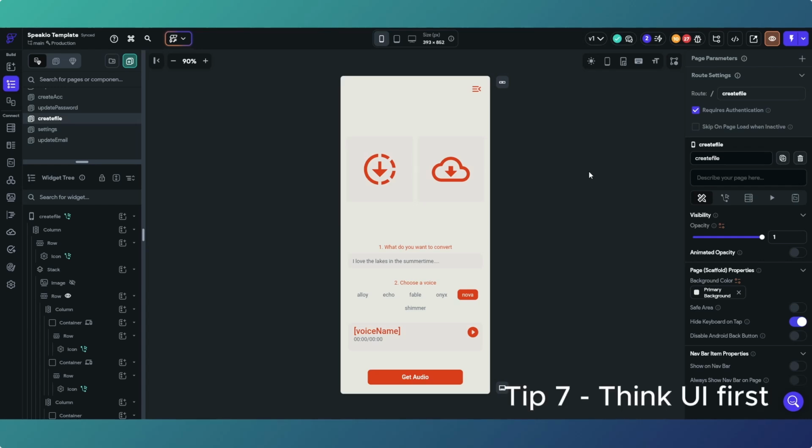Tip number 7, know what UI is going to look like before you get too far. So if you've got an idea you want for your app and you want how your UI to look, get that sketched out or built roughly before you add too much functionality. Make sure it's what you want, because if you start adding actions to buttons and custom actions and all the rest of it, and then you find you want to change UI, then you've got to change all your logic